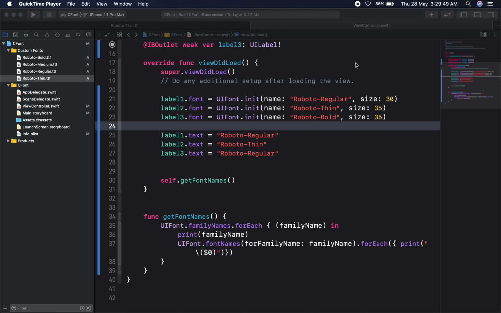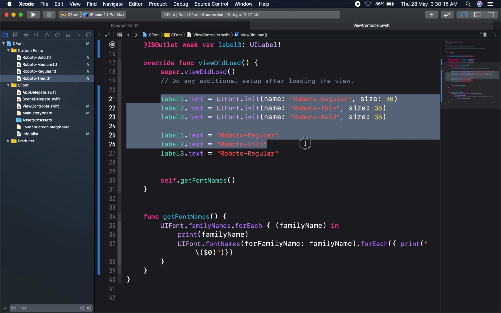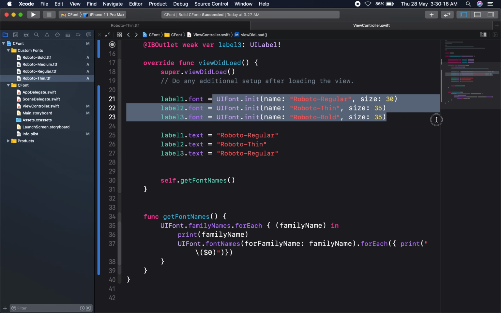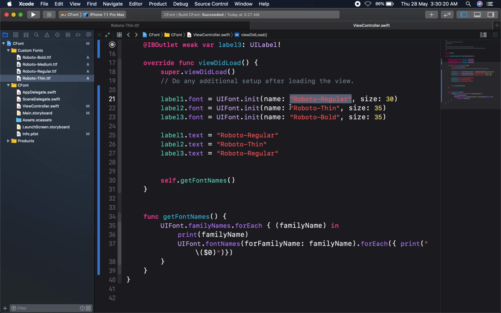Now, we already designed our custom font, so how do we use a custom font in our application? I already posted that on YouTube. If you didn't watch it, you can check it on my channel. I am giving the link on the i button. Here I already designed it like this. I am using Roboto regular, Roboto thin, Roboto bold, as well as Roboto medium